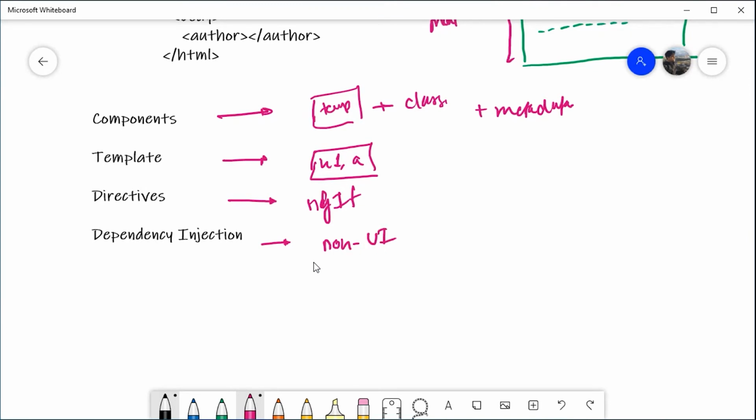Non-UI activities, and we are going to inject services inside these components. A service is going to do all the backend activity that a component requires for gathering the data, for doing some form of calculation. All the activity, all the logic of the application, they are going to be part of the services. The component is going to consume these services, and the way a component and a service is linked